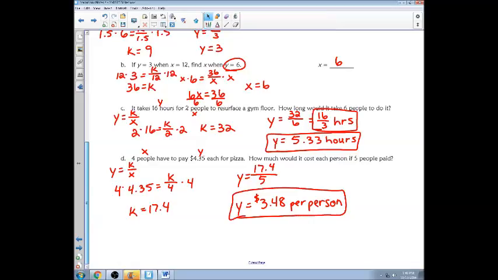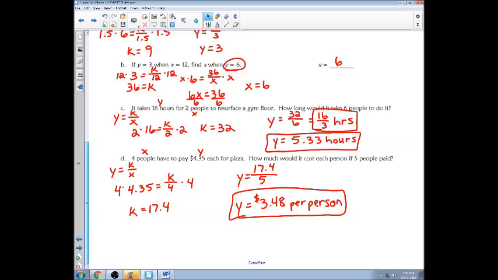And that is the end of our lesson. What you need to remember, the most important things about this lesson, is the fact that I'm using 2 separate equations, and I'm plugging information into the equation to solve for something. Okay? So what you need to know is whether it is direct variation, which means that as one variable goes up, the other variable will also go up, or is it indirect variation, which means as one variable goes up, the other variable would go down. Once you have that little process figured out, the actual steps to figure out the equations and whatnot really are not overly difficult. Just be careful